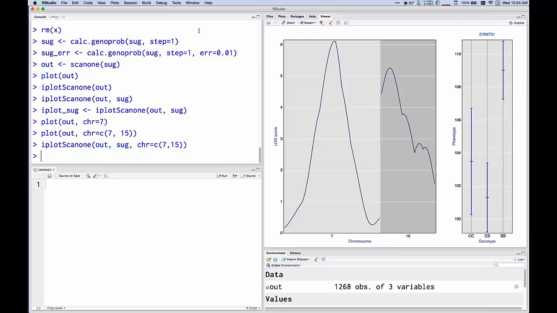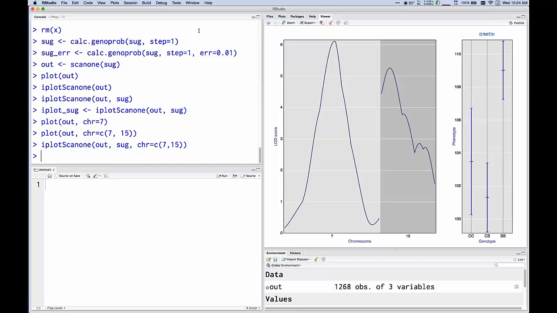So the gold standard for QTL analysis with this scan1 function is interval mapping with this EM algorithm. And it's usually pretty fast, but it is iterative. It takes some number of iterations at each location. And if you have reasonably dense markers and reasonably complete genotype data, you can mostly skip that and use